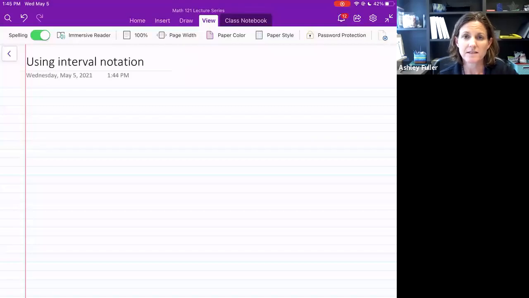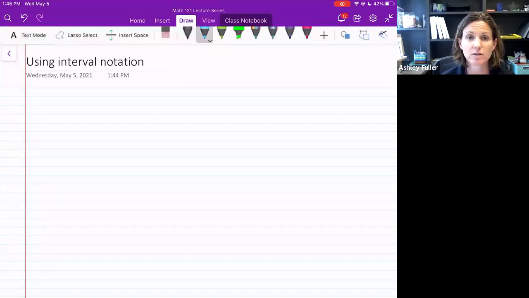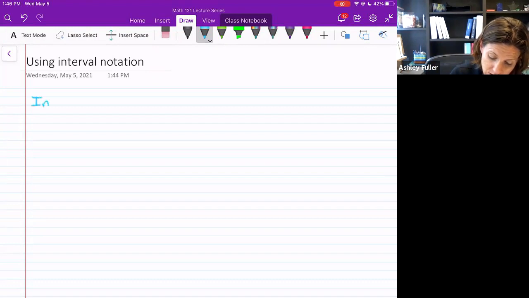When we want to talk about a single number, it's easy to just list that number and talk about an individual value. However, sometimes we need to talk about a span of numbers. And when we do that, we use something called interval notation. There are several types of interval notation that I need you to be aware of, and you need to be able to translate in between interval notation,